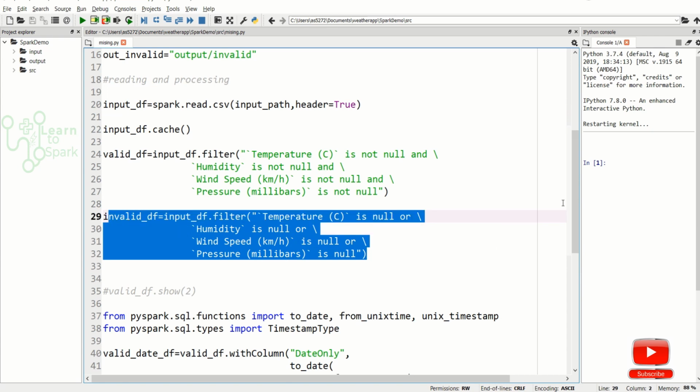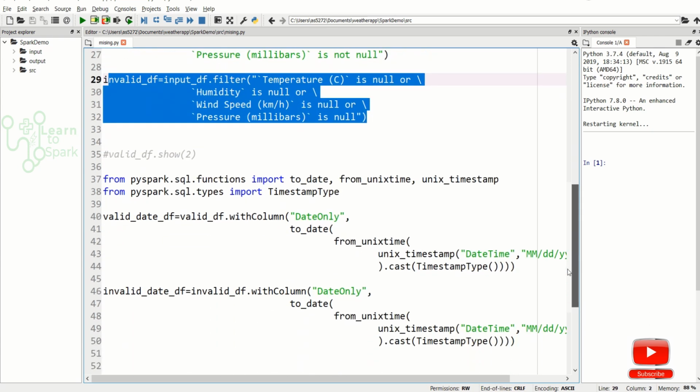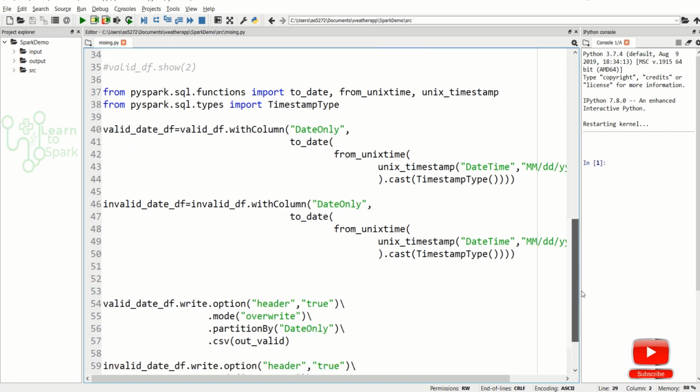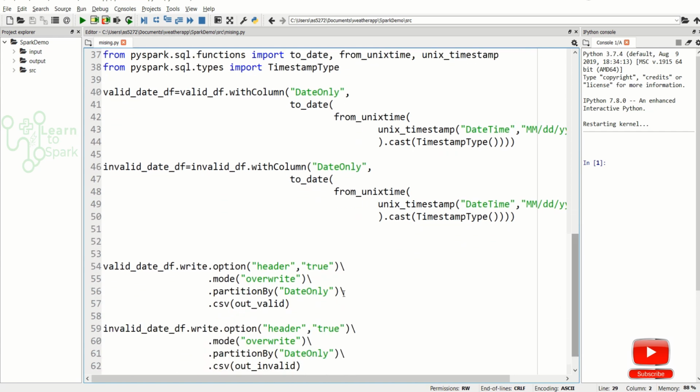After splitting, we also added a date only column, for which we did some transformations using functions like from_unixtime, and then with that date only column we partitioned by and wrote it into an output. So this is what we did in our last two chapters. If you have missed the sessions of chapter 1 and chapter 2, I will give an I button. Please have a look at them before moving on to chapter 3.